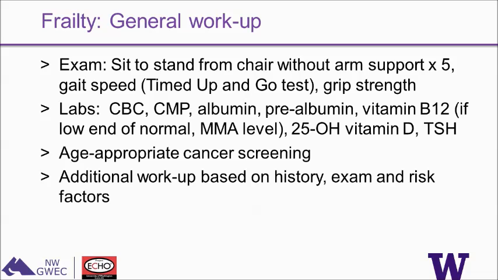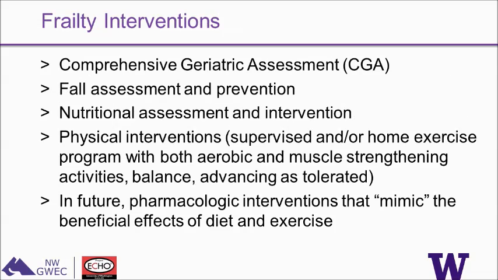So interventions that we have available for frailty. A comprehensive geriatric assessment to identify other geriatric syndromes, potentially reversible causes of frailty, a fall assessment and fall prevention, a nutritional assessment and intervention, and physical interventions have been shown to have beneficial effects for frail patients. And this can be done in a supervised or home setting, and it's important to include both aerobic physical activity along with muscle strengthening and balance, with the goal to advance as tolerated both the intensity and duration and frequency